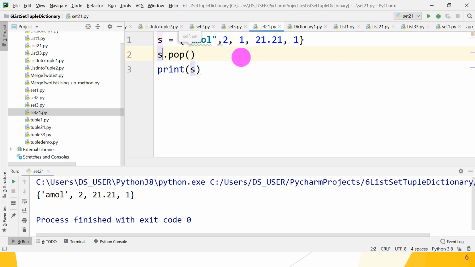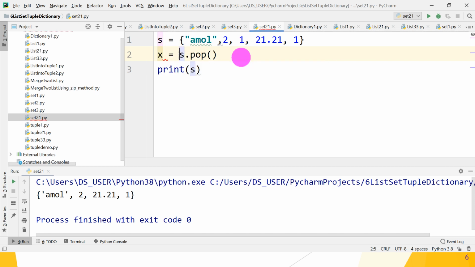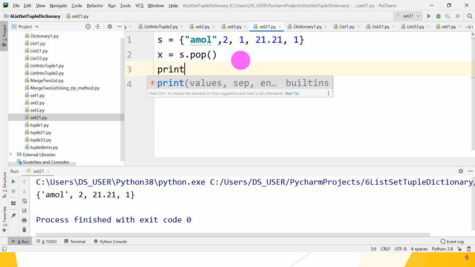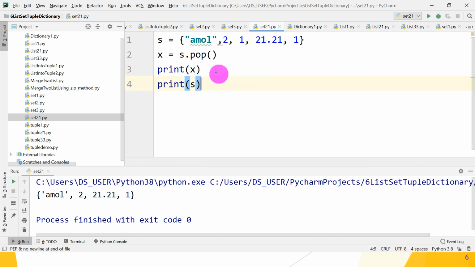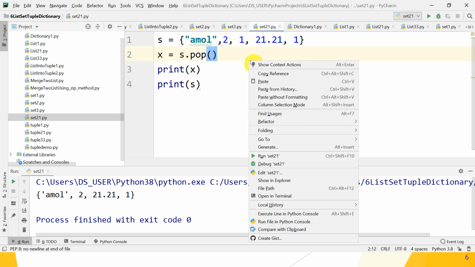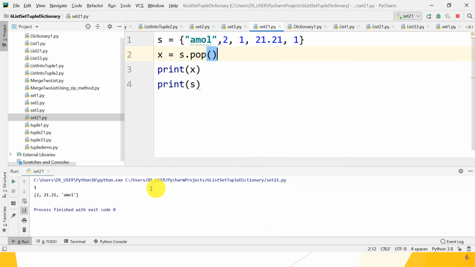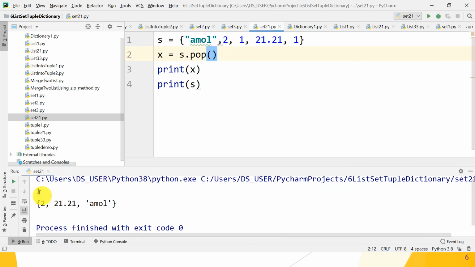Then you can catch it in any other variable. Great. Print x, so you know which element is popped or deleted from your set. Print s. Great. After popping the element from your set, what is the result? Let's check. So 1 is removed from your set, and now after removing 1, what are the elements remaining?